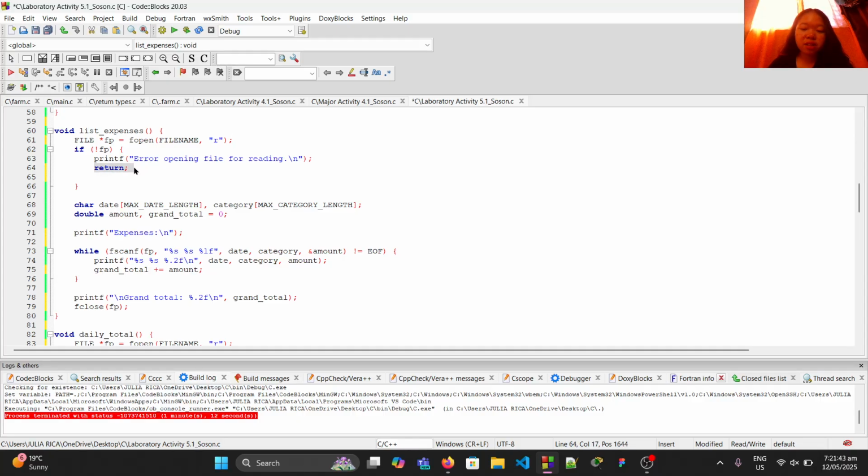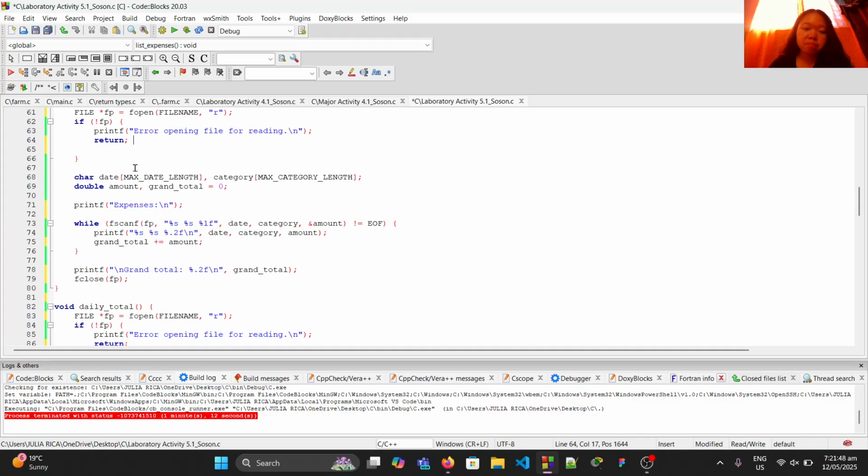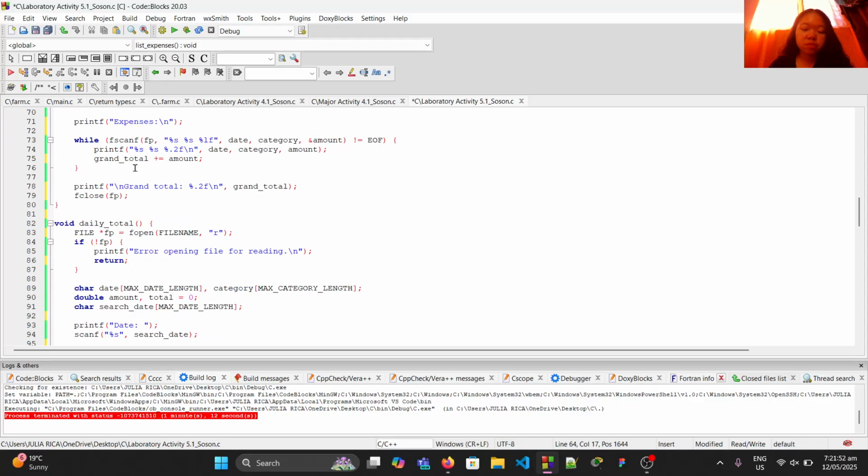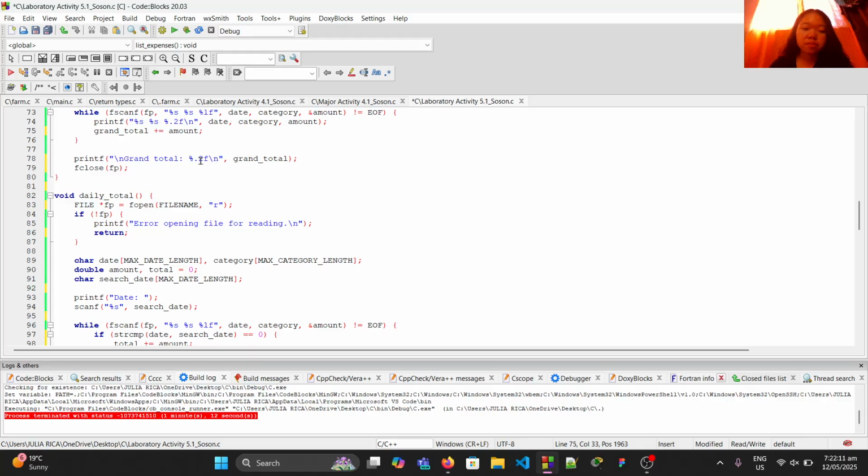This will exit if the file cannot be opened. And here it will read each line of the file and display the expense data. Then after, it will add the amount to the grand total.